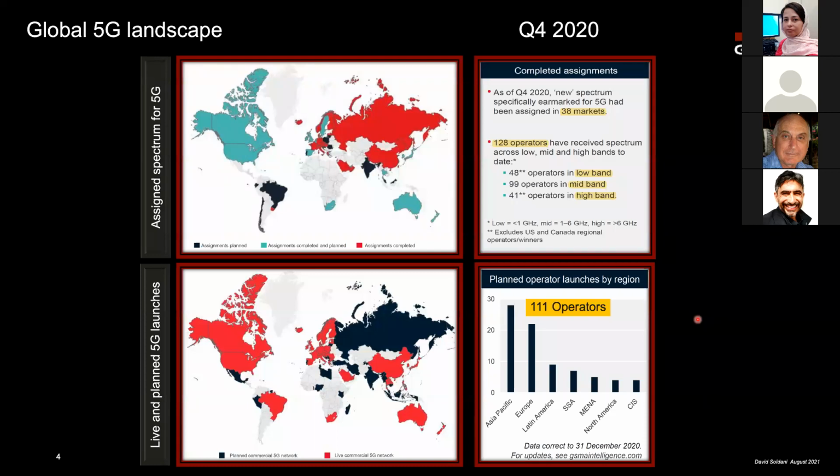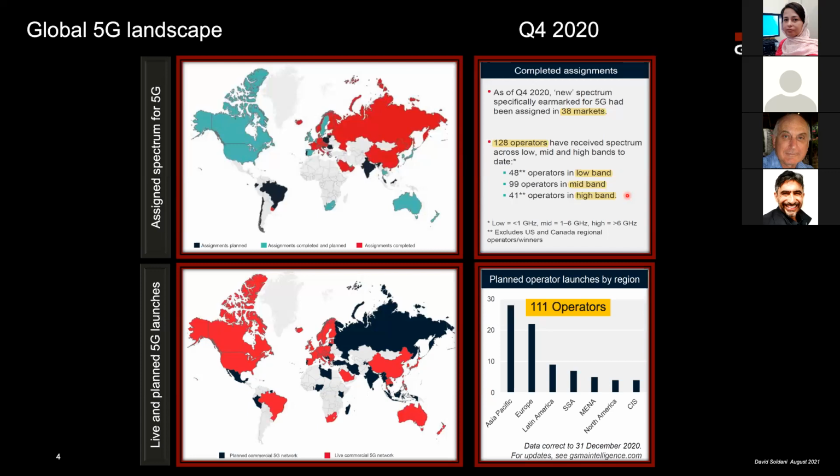Particularly, I'd like to present where we are with 5G today, although those slides capture the latest development we had last year in December. So we may expect that the numbers reported on this slide are slightly higher, but it doesn't matter. What we had last year in terms of assigned spectrum is what is presented on this slide. We have more than 100, I would say now more than 130 operators being assigned spectrum, and the spectrum assigned is across the three bands: below 1 gigahertz, the mid band between 1 to 6 gigahertz, and then the high band